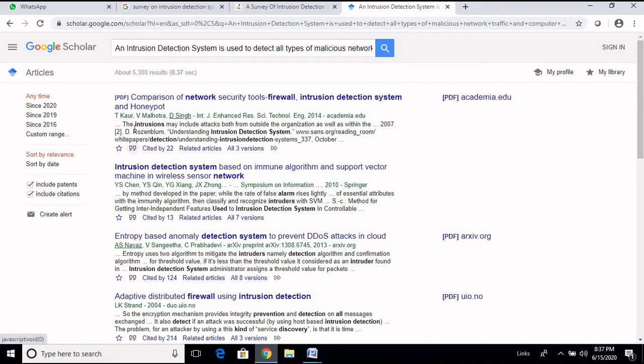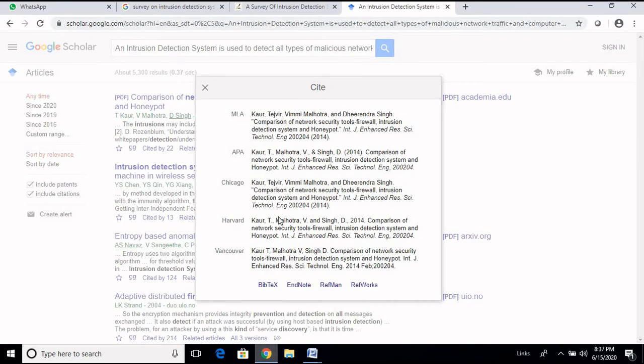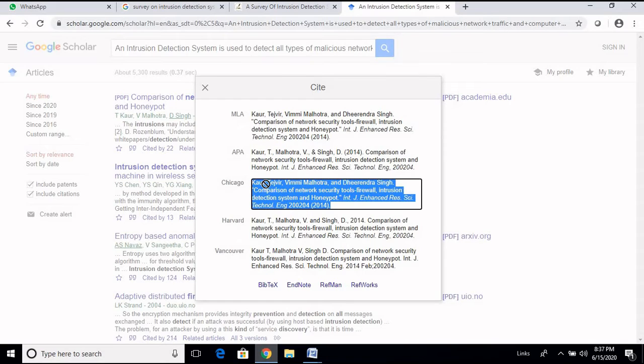In this, suppose you want to take this as a reference. Here you can see two quotes, two inverted commas. If you take the mouse near to that, it will show cite. Click that, and you will get so many formats. In this, you take the Chicago one.